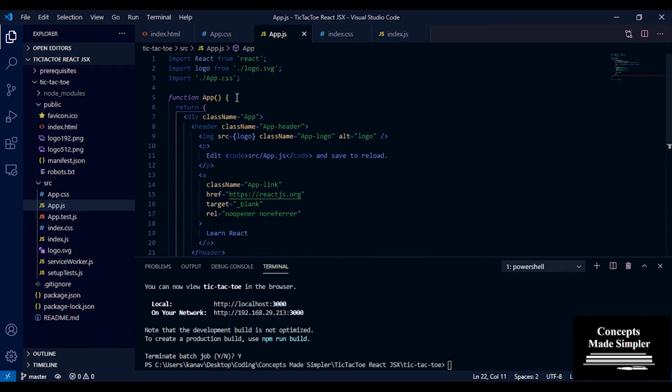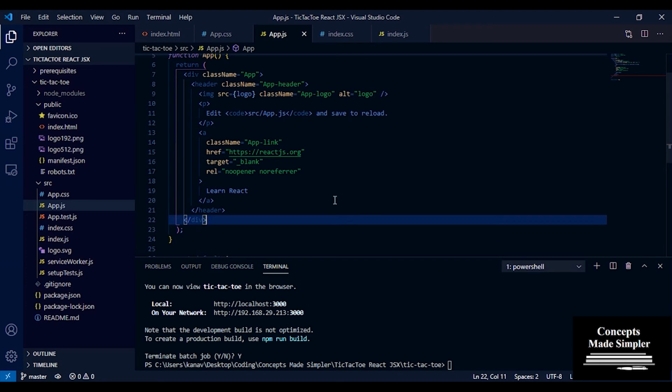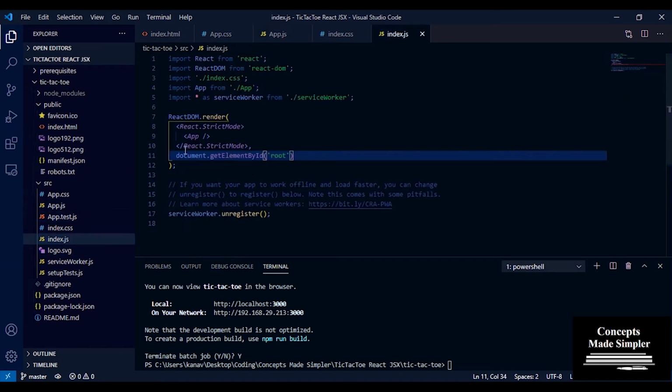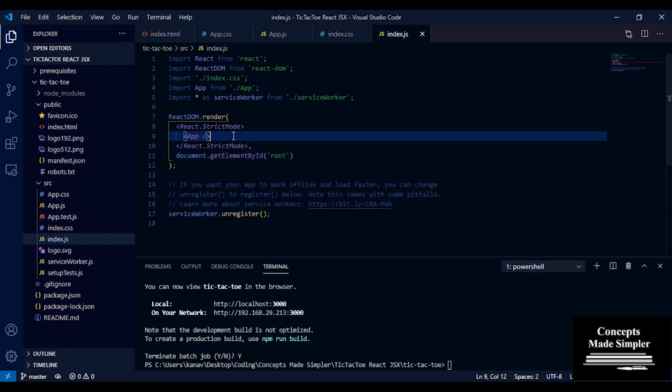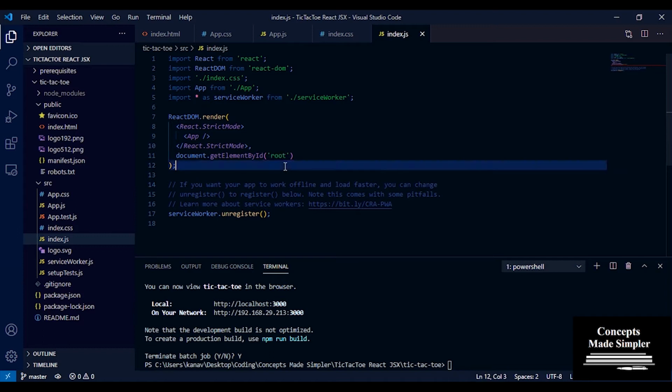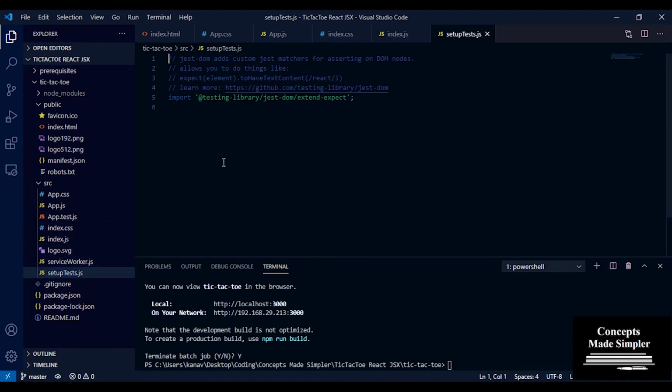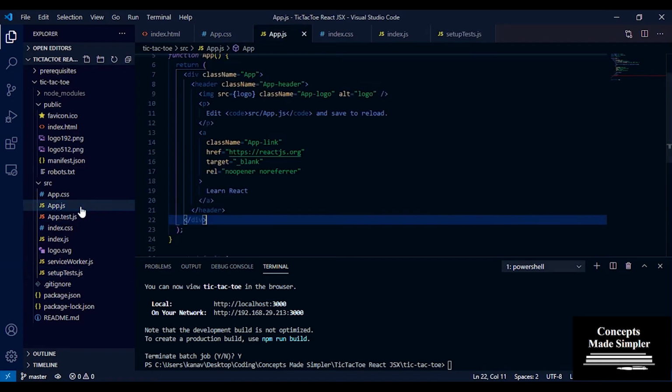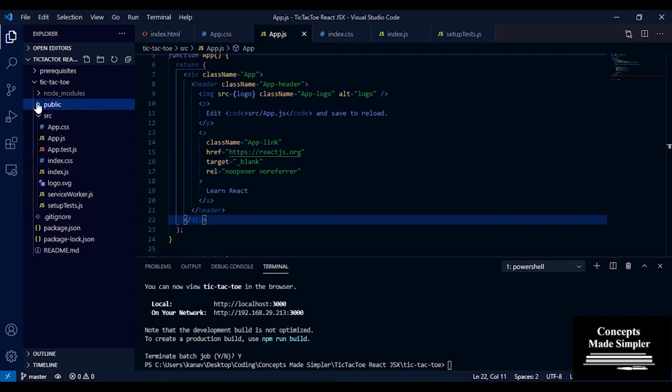Now this whole thing is a component, and you can see that it's just referred to as /app. So they just put that whole big component here, and then they render it in the root, the div root, that we showed you. And these are all the tests. Jest is the library that they use for tests. You can write tests, but I'm not going to be teaching you that in this. That's out of scope for this tutorial.